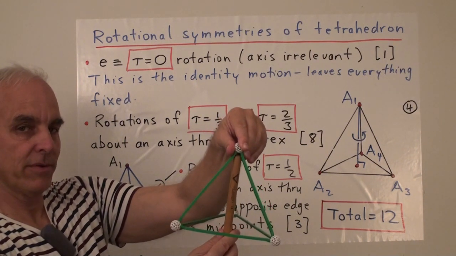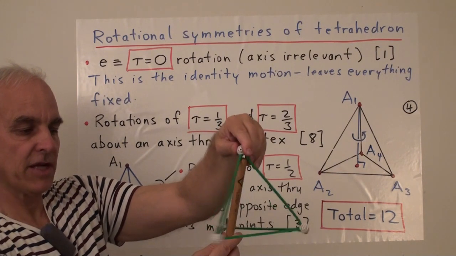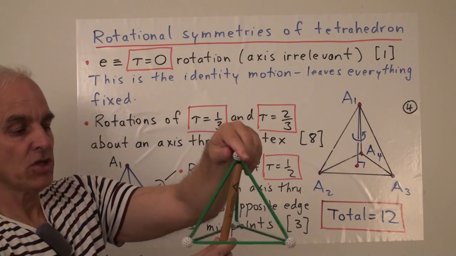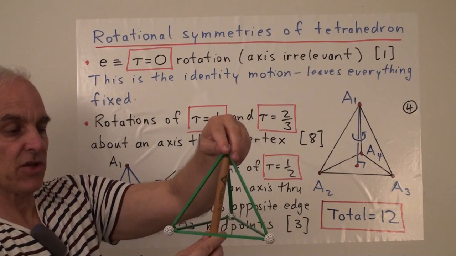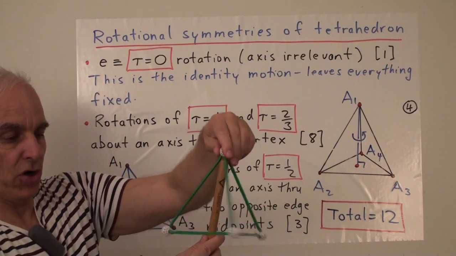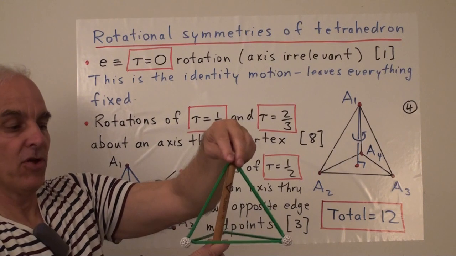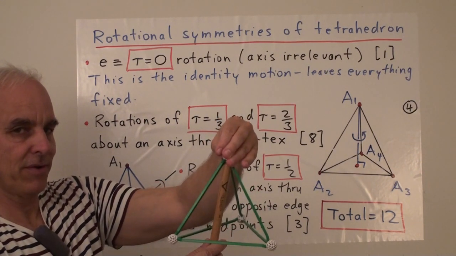And if that's the axis of rotation, then we can rotate by 1/3 of a turn. Okay, that was 1/3 of a turn. There's another 1/3 of a turn. There's another 1/3 of a turn. So if I've done 3 of those, I'm back to where I started. So one possible rotation is through a 1/3 of a turn. The other possible rotation is through a 2/3 of a turn, which is all the way like that. And that's the same as simply rotating by 1/3 of a turn in the opposite direction.